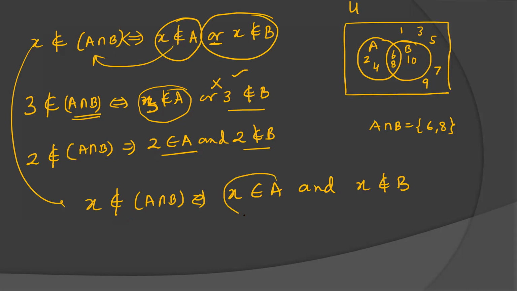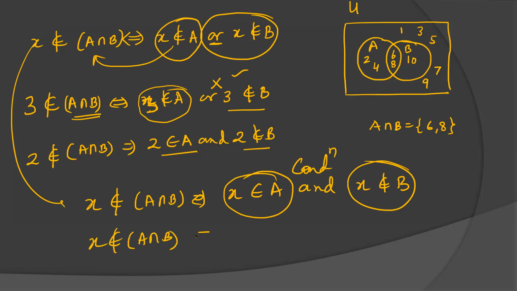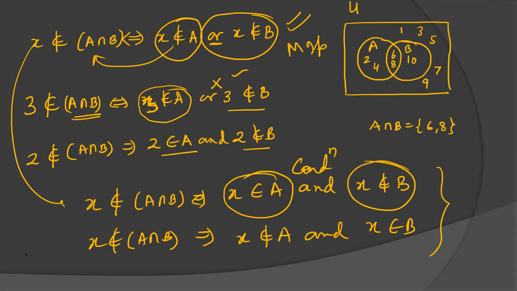Similarly, if you put X is belonging to A, then we have to put the condition. This is your condition. And is putting the condition, and or is relaxing the condition. If X is not belonging to A intersection B, but you are claiming that X is in B, so we have to put the condition that X is not belonging to A. Then only X will not be in A intersection B. So there are three definitions, but this definition is important here. Let's see some other properties of